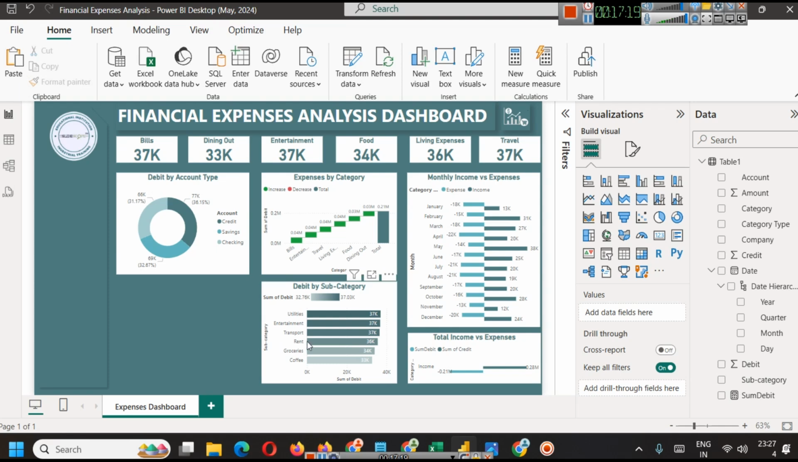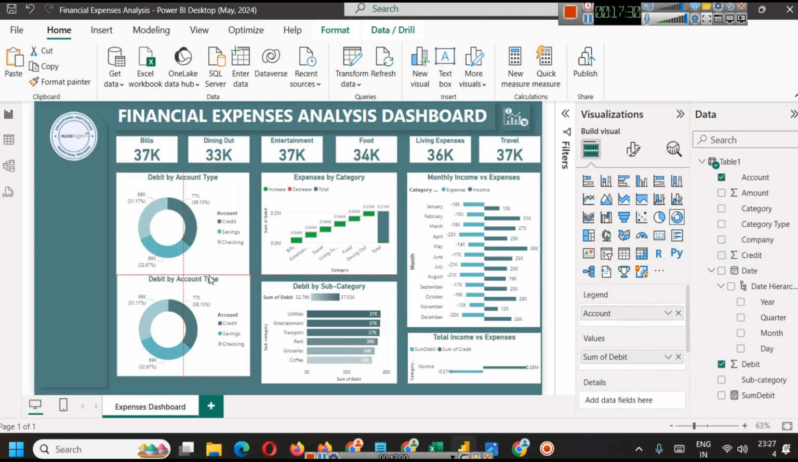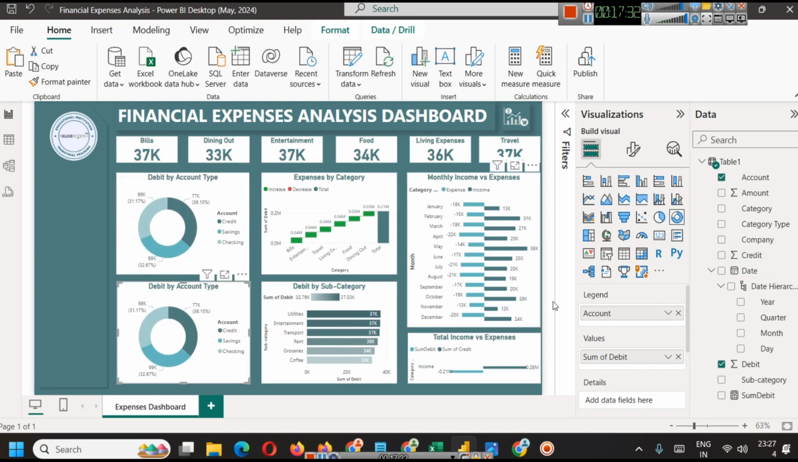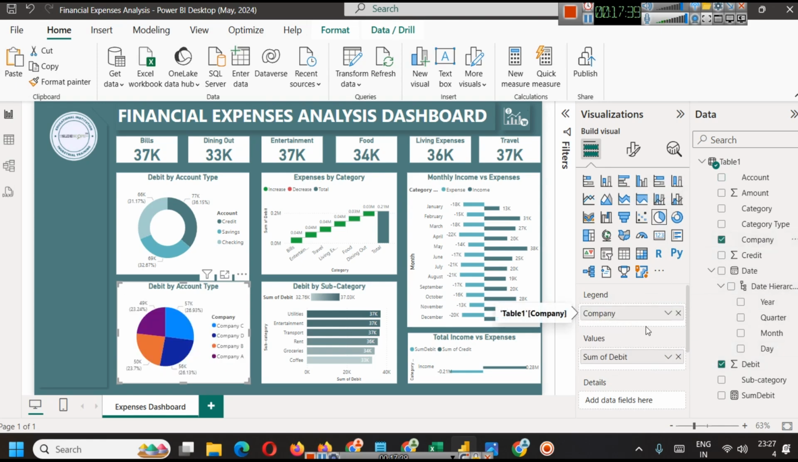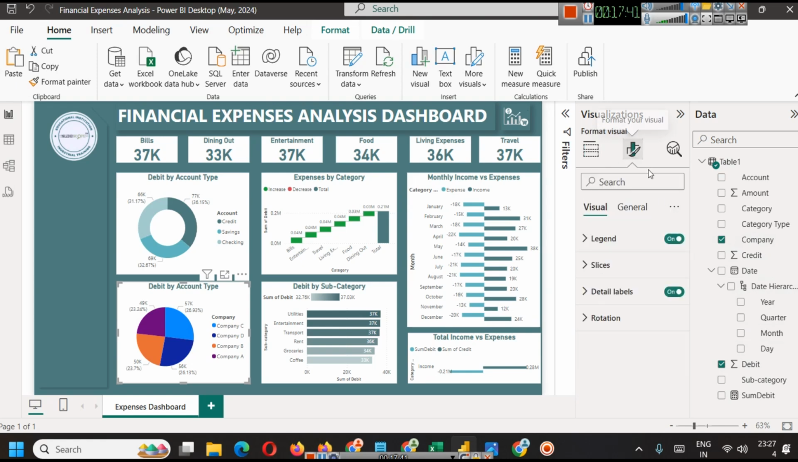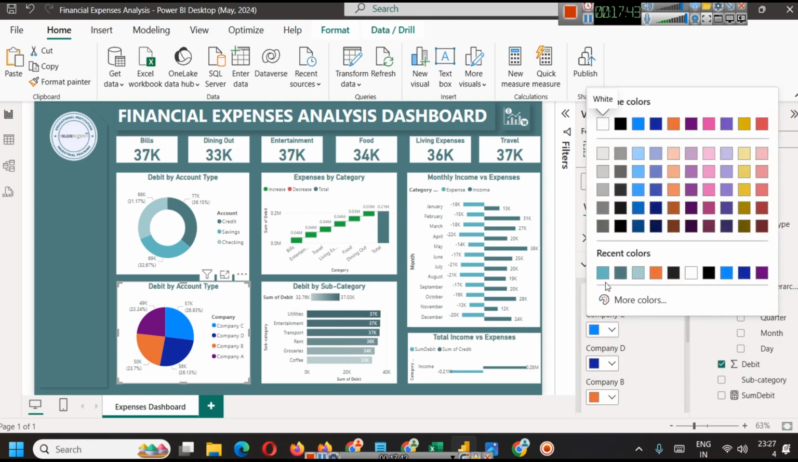And here what we can do, here we can show company wise expenses or income, right? So let's say debit by company type. So we will simply copy this, and we are going to use a pie chart here, and instead of amount, we can choose company, and then we will simply go to slices and select the colors in the same order: